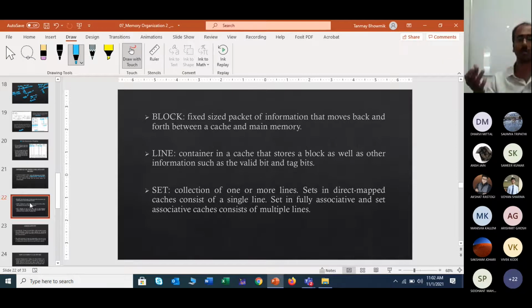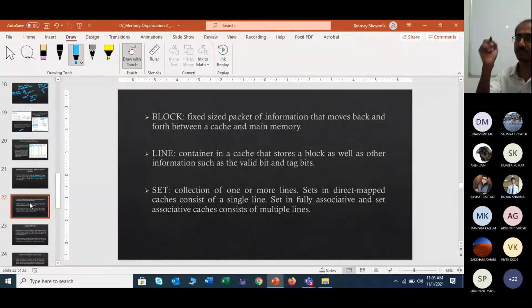Next, after block and line, which we have discussed, is set. So what is a set? The set is a collection of one or more lines.